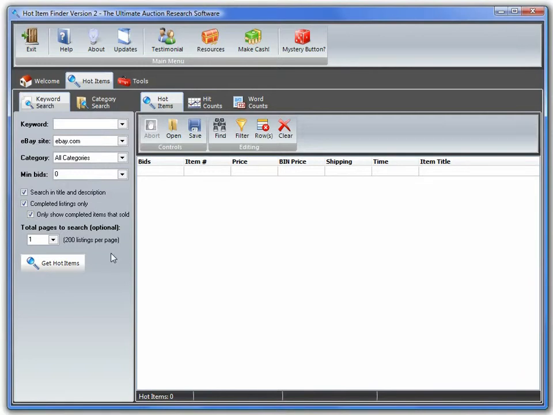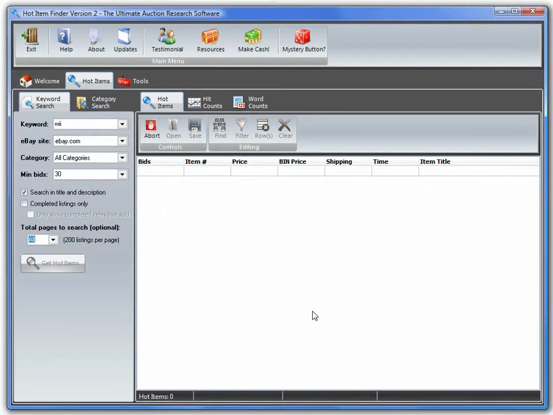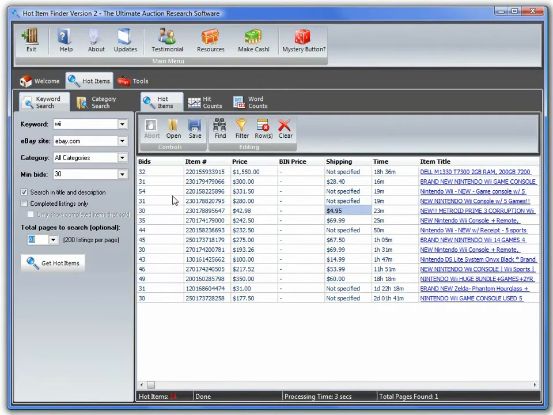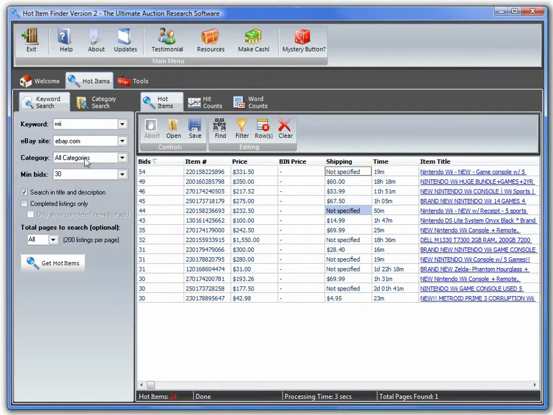Let's search for Wii. Let's just search in the current listings for 30 bids or more. We'll search all the pages for all the categories. Let's go ahead and see what Hot Item Finder will gather for us here. And it's found a total of 14 items with over 30 bids for the keyword Wii, which is the Nintendo Wii console. And so what we could do here is we could save this data by simply clicking the save